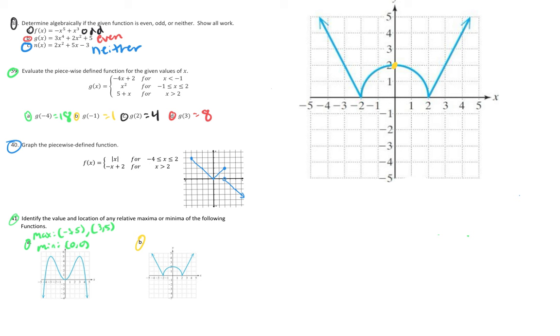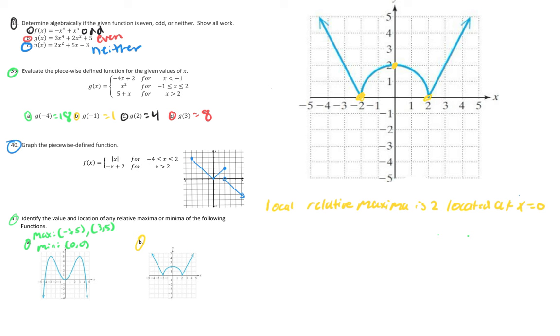Relative maxima is 2 located at x equals 0. Then for the minima,